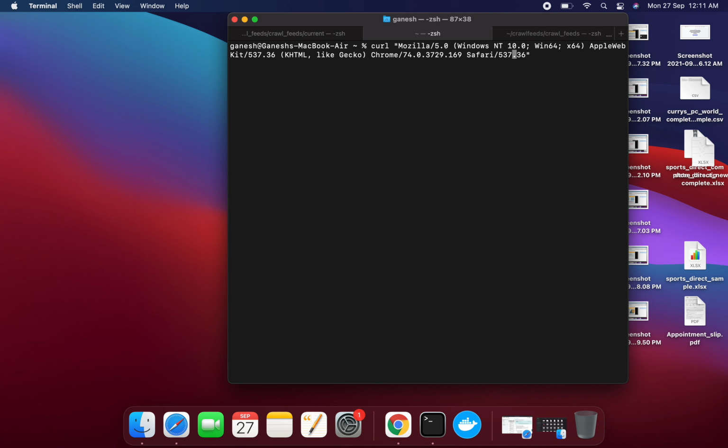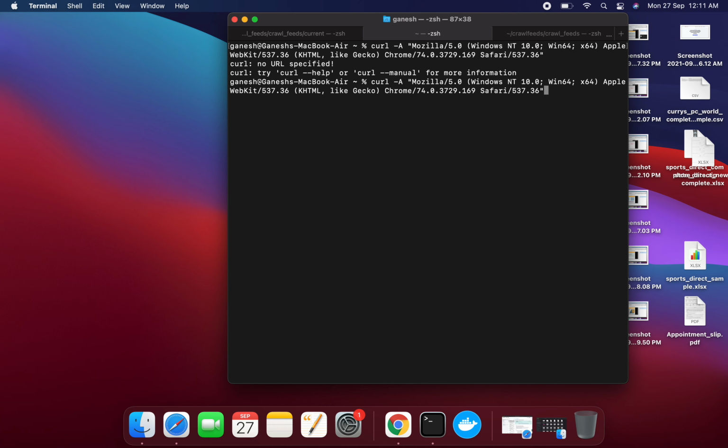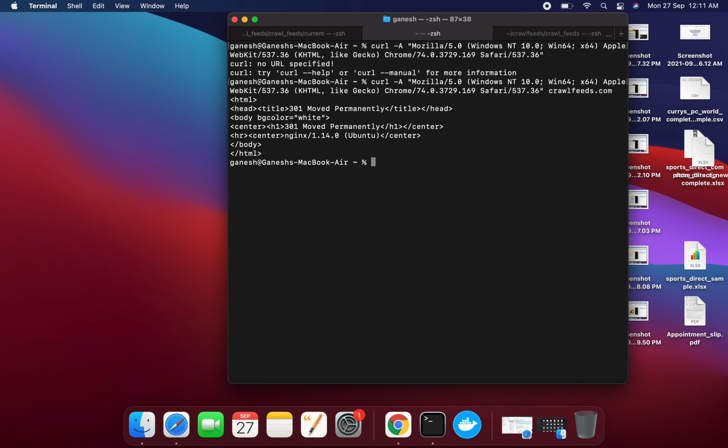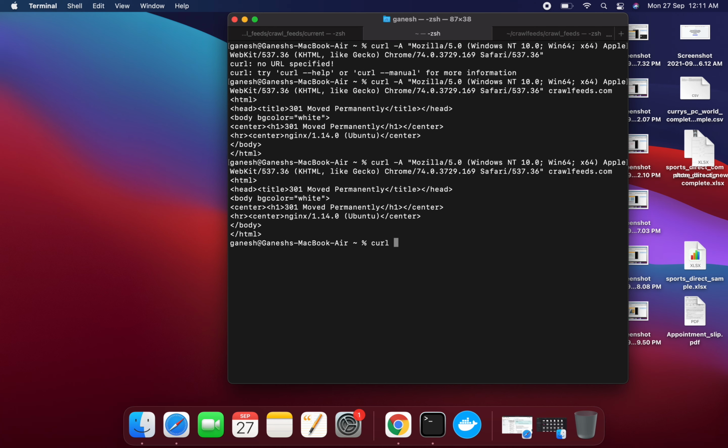But I have to use an option called -A. -A is the option if you want to change the user agent. Then I need to pass crawlfields.com. I'm going to copy this entire thing.